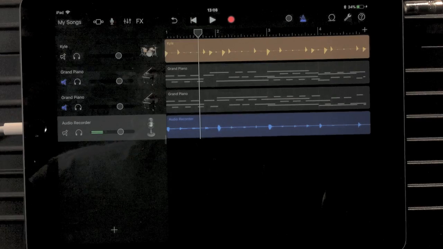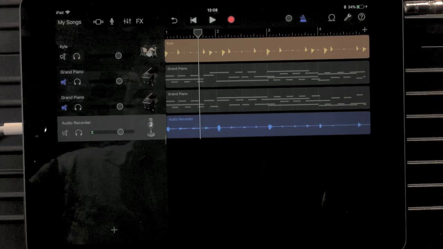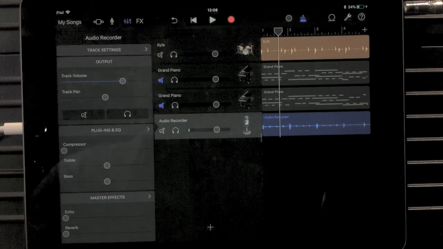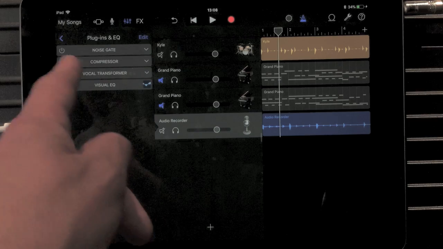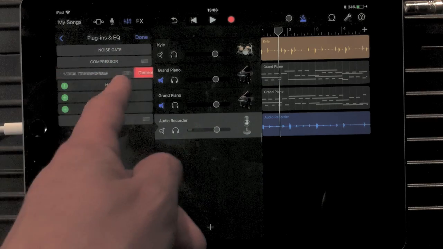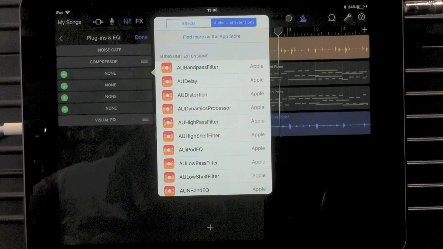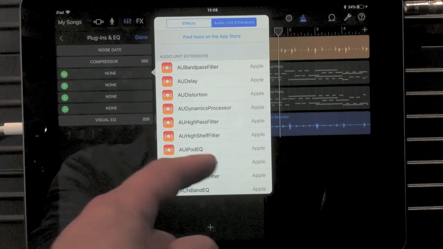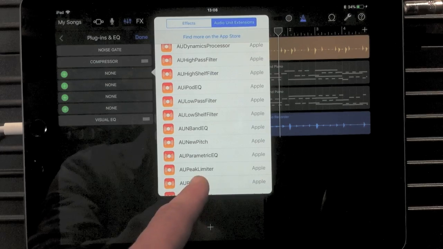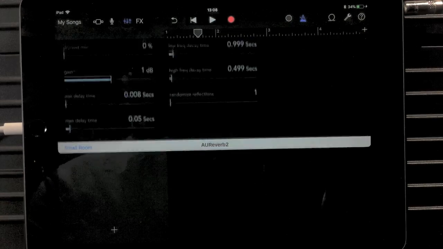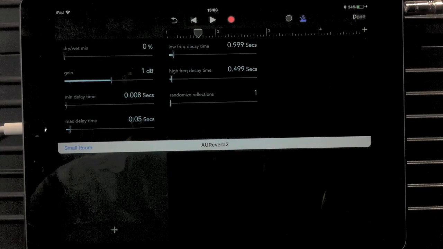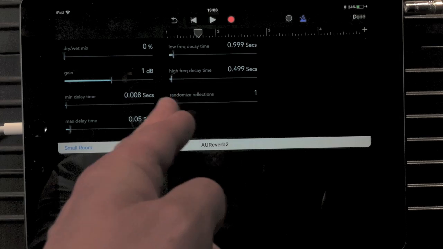So there is a mountain of effects. Now, I could go on all day, because if I just go on and edit that, delete that, we've also got audio unit extensions. It's just yet more stuff. More stuff. Reverb. If we look at this, we've got the dry and wet mix, gain, delay time, low frequency,